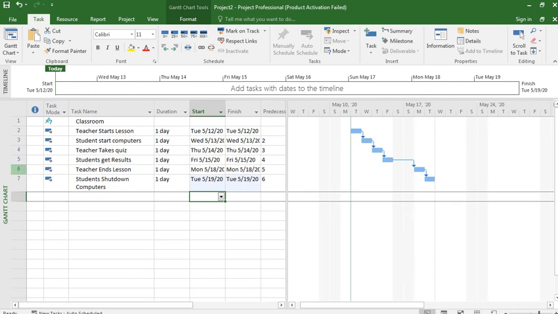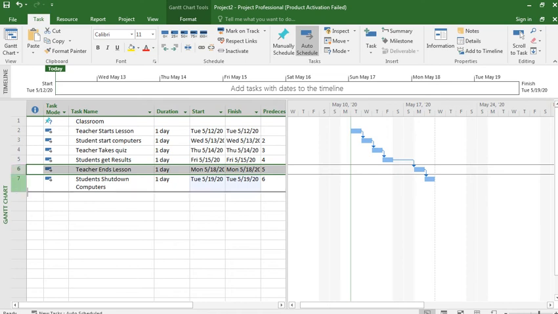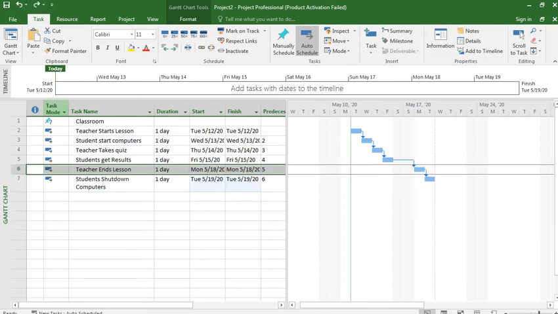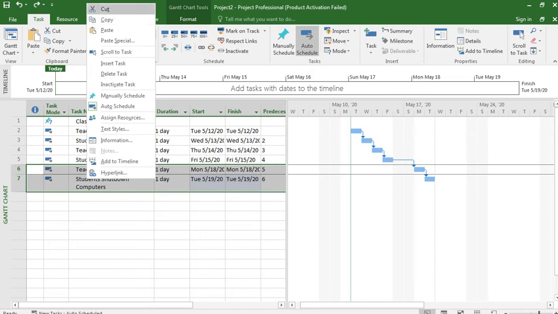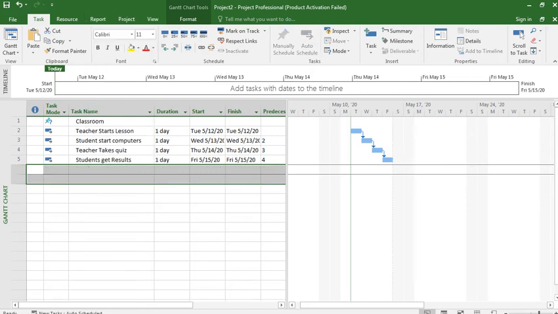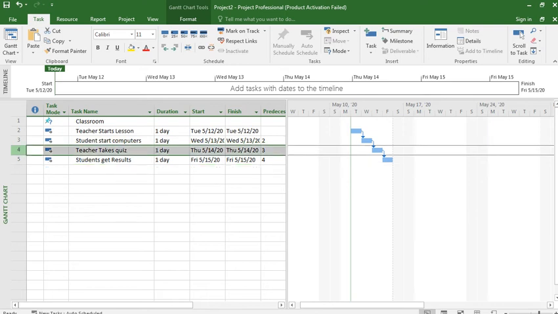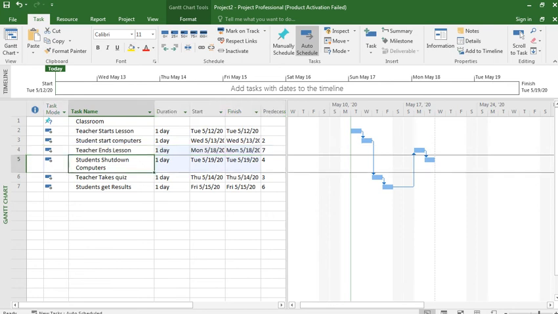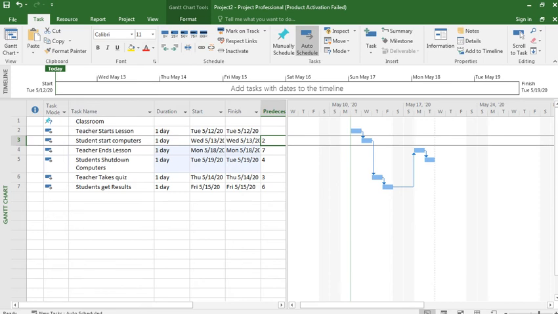If we cut these two and paste before this, now you see the difference. Predecessor means previous task.